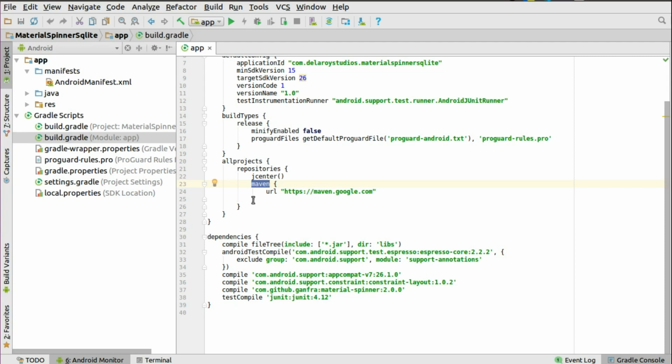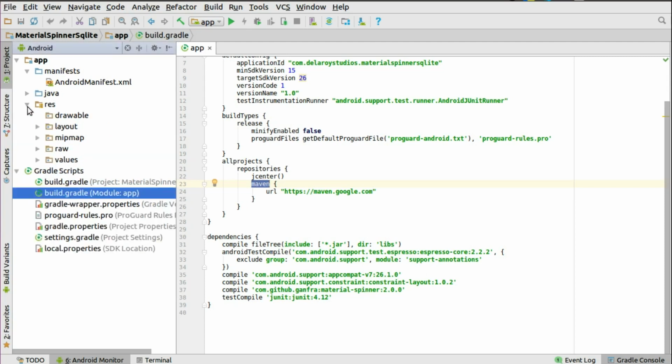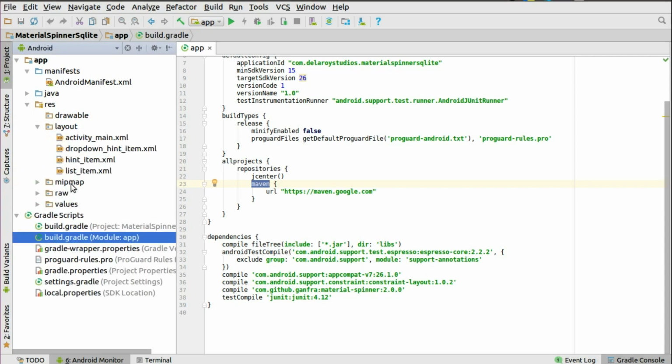Heading straight to the res folder, where I have the layout files. I have the activity main and some helper layouts, where we have the drop down hint item, the hint item, and the list item to hold on to the data which will be shown on the spinner. I'll start with the activity main, which is the launcher